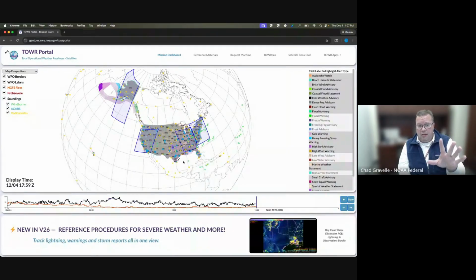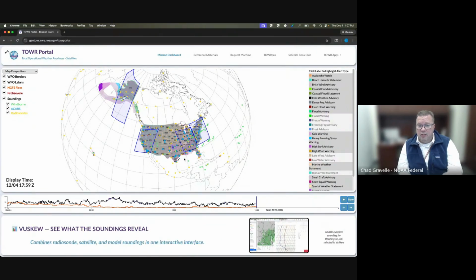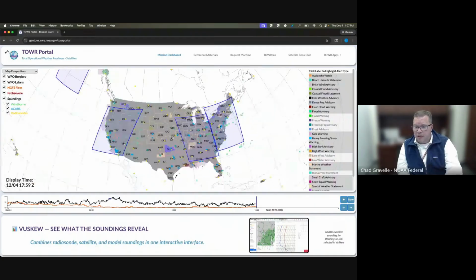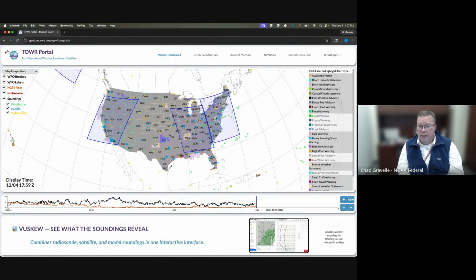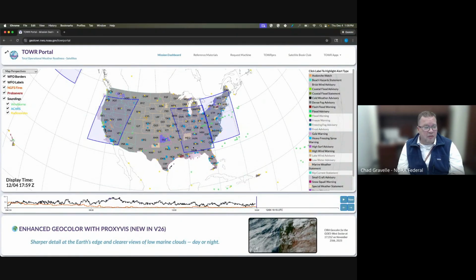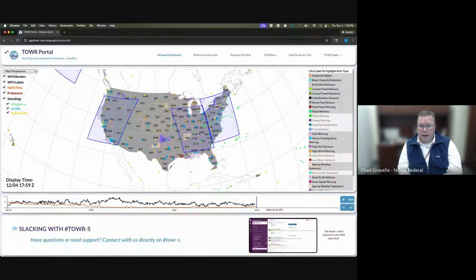But the first thing you'll get to is called the mission dashboard. And the mission dashboard is interesting. Well, the first thing it shows you is the mesosectors, right? You can see them playing in simple. But it also has a lot of forecast products out there as well. It's kind of set up so you can see CWA boundaries, in addition to some of those, you know, the current